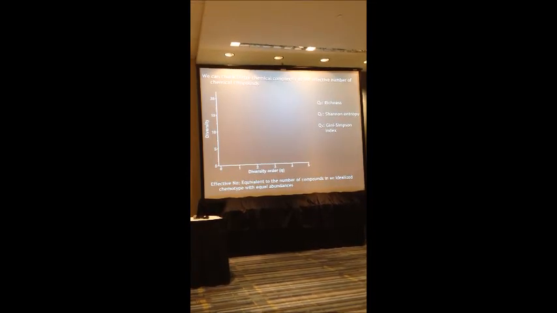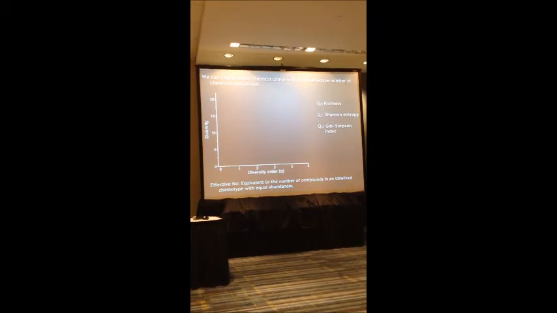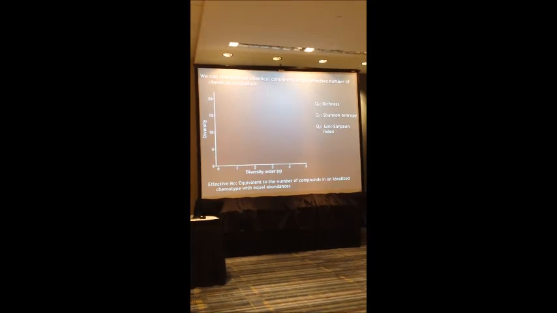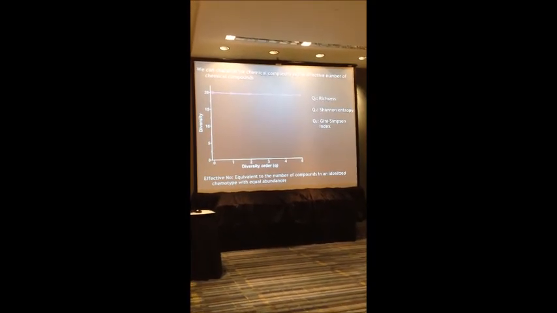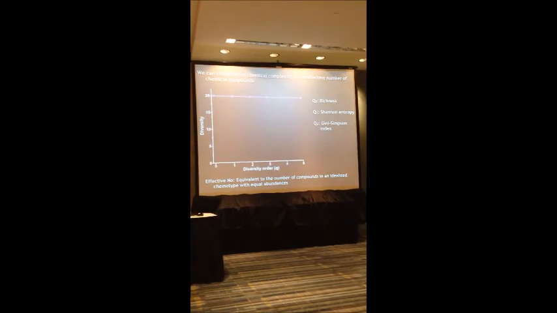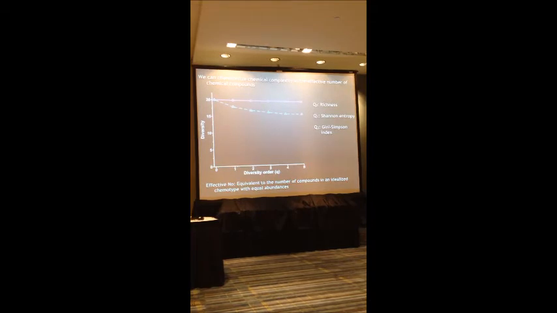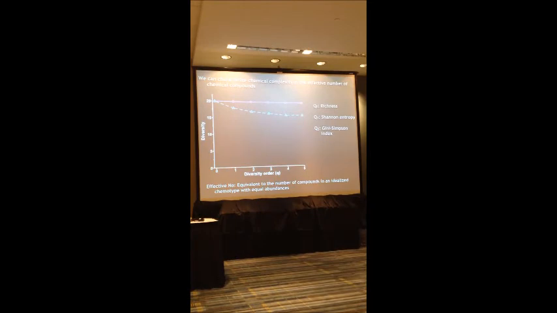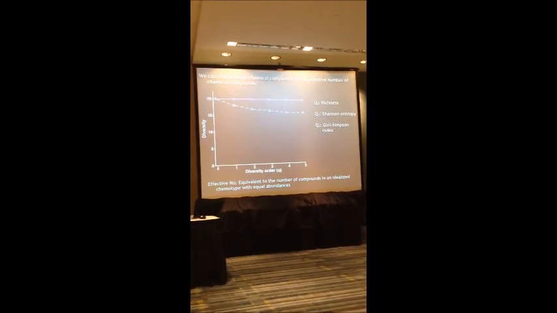This is really nice because then we can use a diversity profile plot to look at both the qualitative and quantitative aspects of this variation. Here we have the order on the x-axis, and diversity as the effective number on the y-axis. If all components in the phenotype are completely even, we'd expect a straight line just like this. If there's some mild disparity, where some components are a little more abundant than others, we might expect something like this, where we start out high and then taper off a little bit. And then, as is often the case, if there's large disparity with a few compounds that are really abundant and a lot of rare compounds, we'd expect something like this with a really strong negative slope.